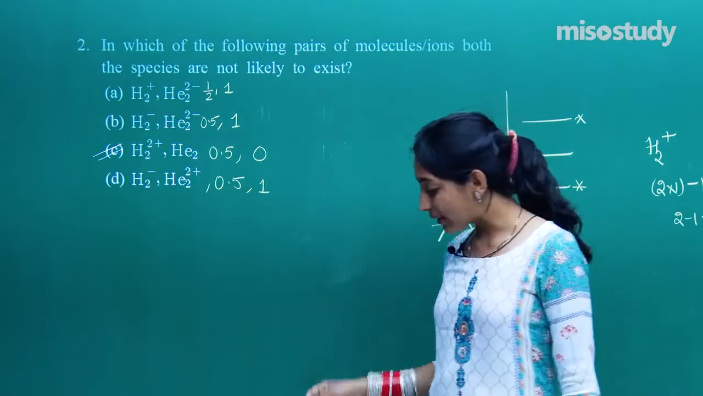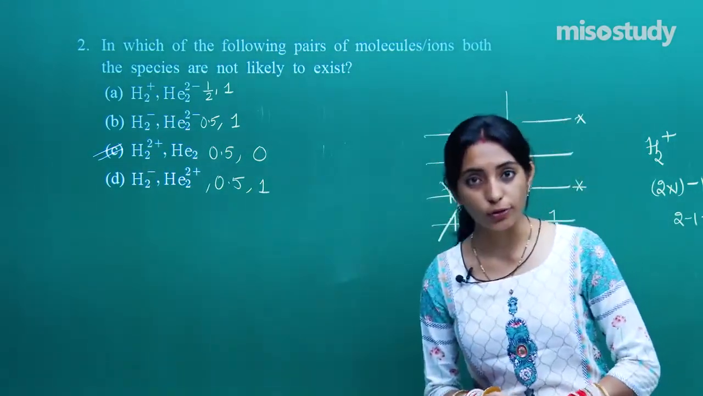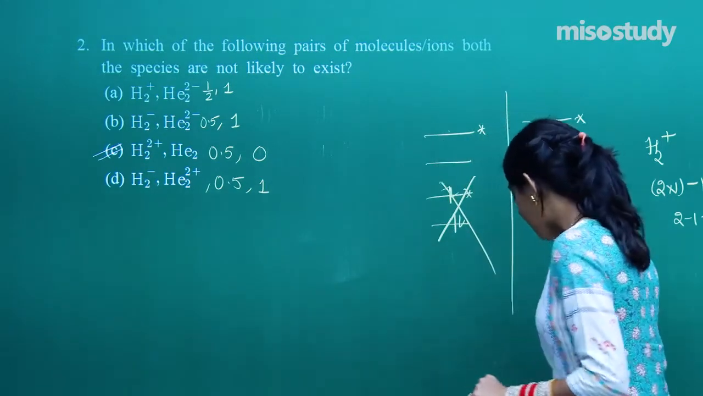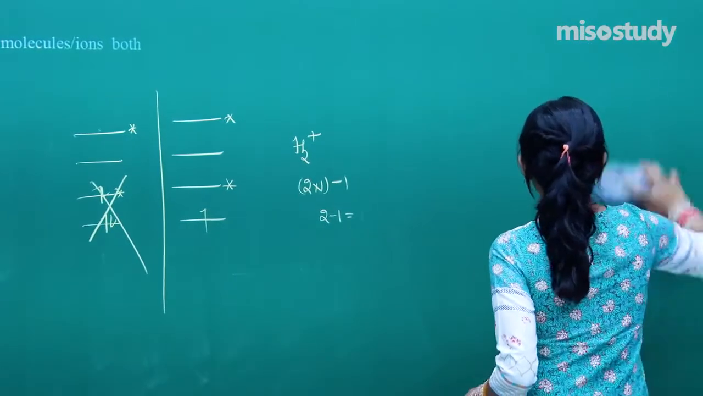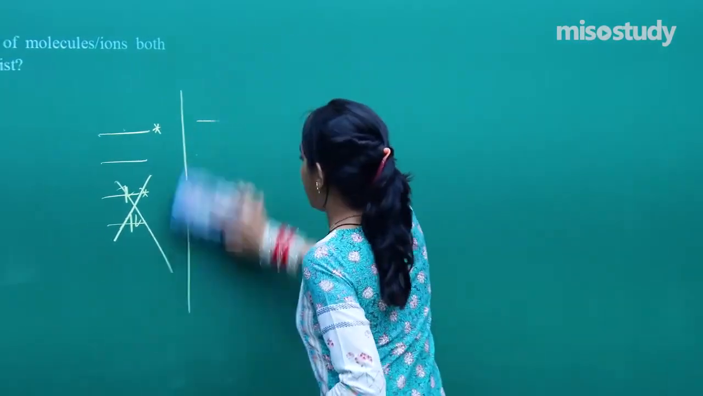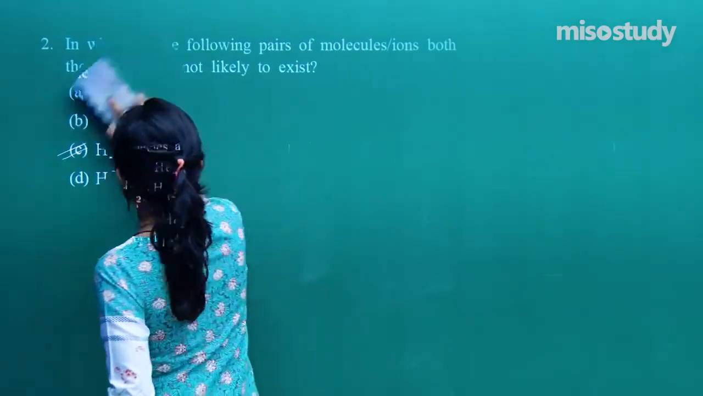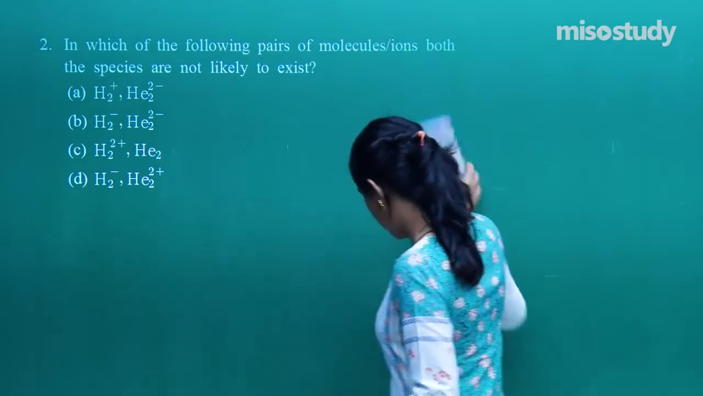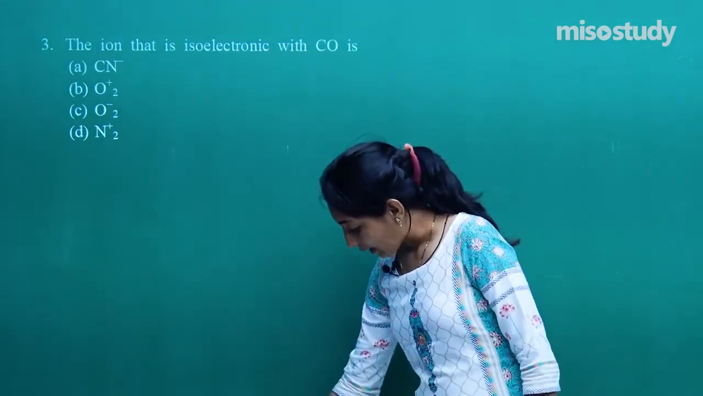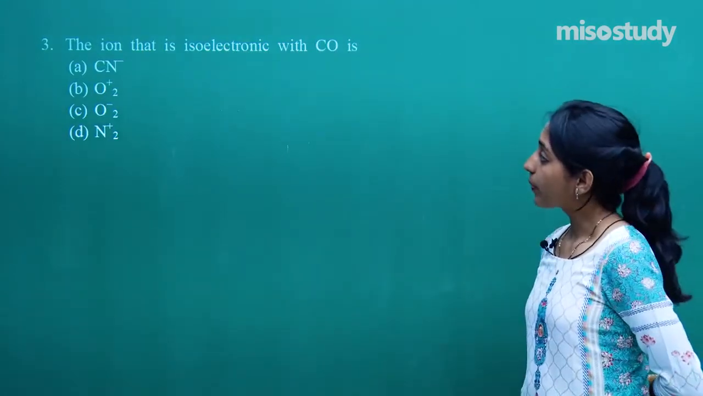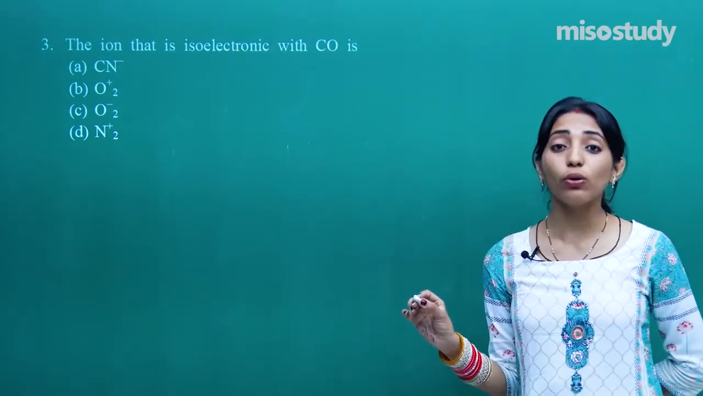Okay. So see, this was how your approach should have been for question number 2. Fine. Now having done with this question, let us move on to the next question as well. So now let me get on screen your third question. And the third question that you can see here is, you have to find out the ion which is isoelectronic